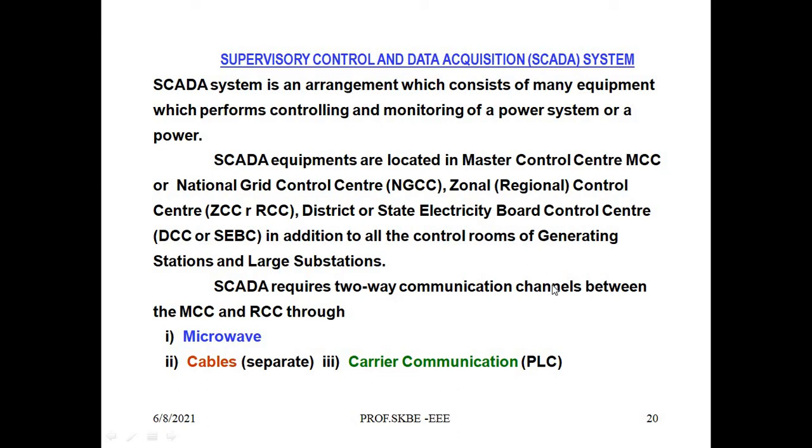SCADA equipment is located in the Master Control Center MCC or National Grid Control Center, the Zonal or Regional Control Center ZCC or RCC, and the District or State Electricity Board Control Center, DCC.